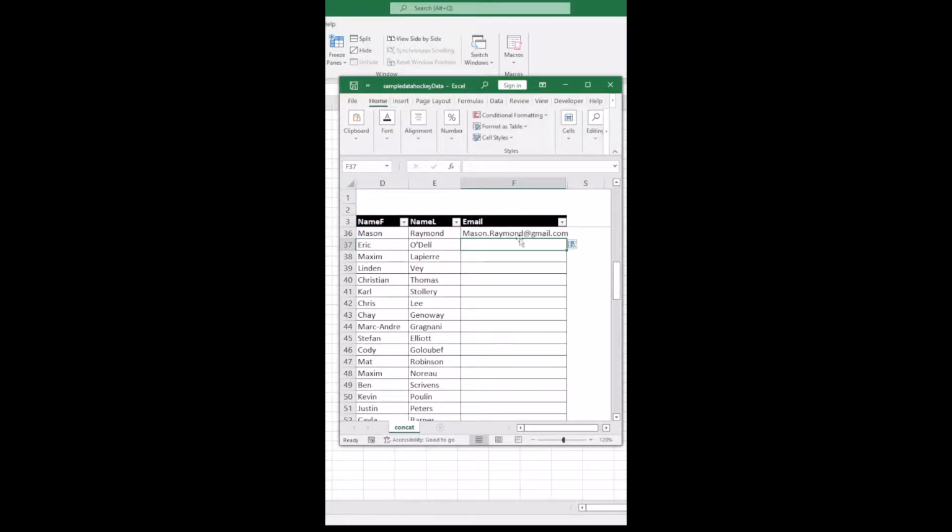So mason.raymond@gmail.com. So let's see again what we did. We concatenated or joined different texts to get an email address. So simple. Now let me show you one more thing where we can do exactly the same thing but without